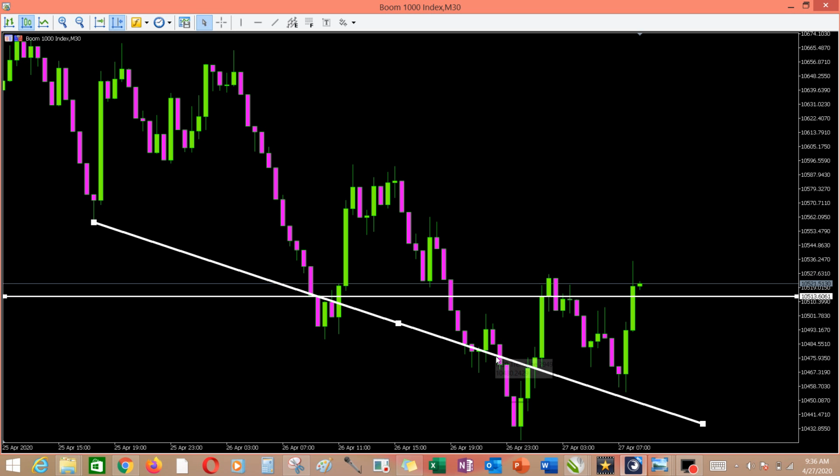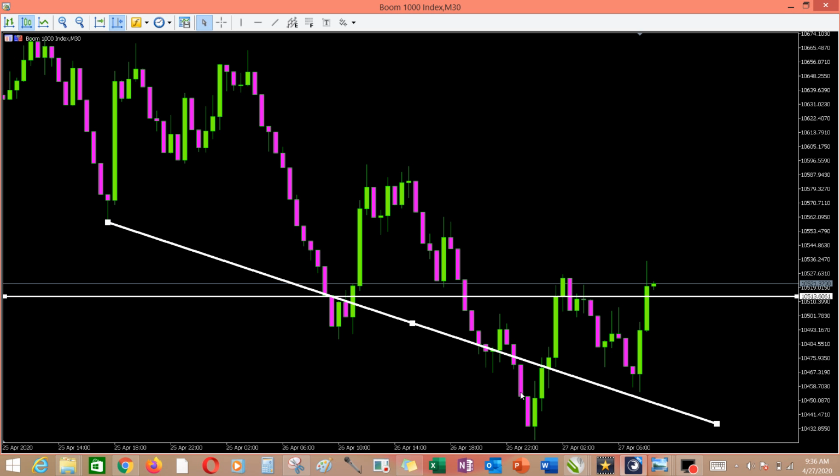You can see that it was broken here, it closed the candle below the support level. You can see it coming down. This is a whole 30 minutes candle without a single spike. This is another 30 minutes candle without a single spike, which means if you had combined these two together, you would have been in the market for a good 1 hour without a single spike happening. So that is how to know your support and resistance level.